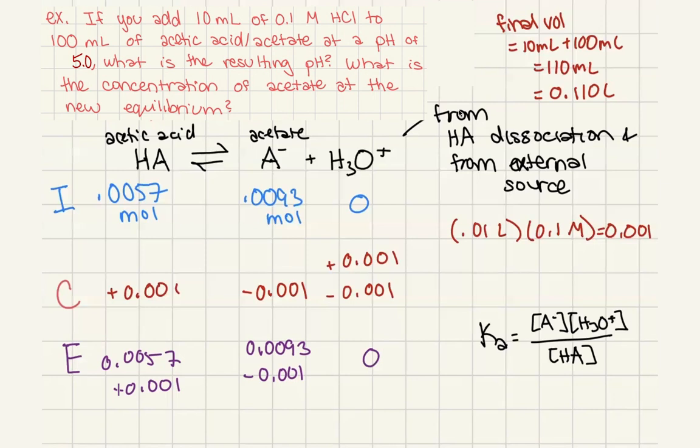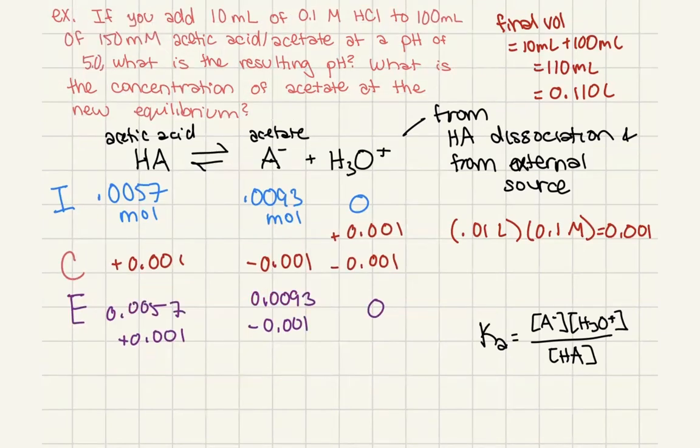Okay. So basically, now that we know how much we subtract, we have a simpler thing than we had before. Before we were dealing with x's, but in this case, we know the x directly, so we don't even have to use a quadratic equation. We can just do this math. So just shifting things up a bit so we can see more clearly, we get that we have 0.0067 moles of our acetic acid, 0.0083 moles of our acetate, and kind of 0 of our H3O plus,